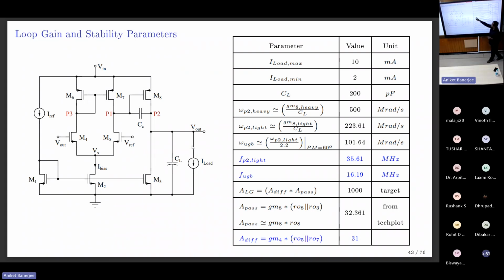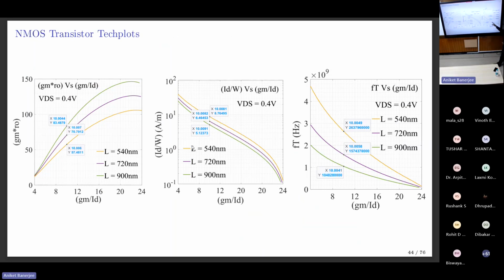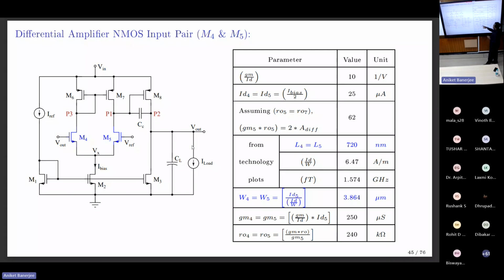would place the UGB and the first non-dominant pole omega on top of each other. In the case of 60 degrees, you just place it 2 times more inside. So this is UGB, FP2 light, FUGB, and this is the DC gain, matching the -40 dB target. This is the fast transistor DC gain from the tech plot. From this, you can tell the diff amp gain is 31. From NMOS, again tech plots. If you want to design only M4, M5, gm/ID, in this case,